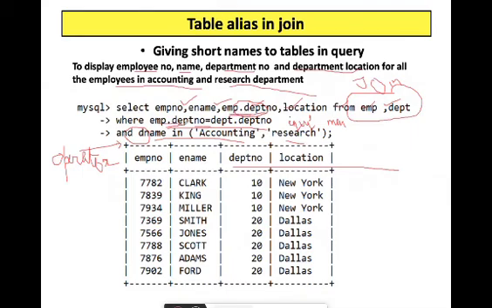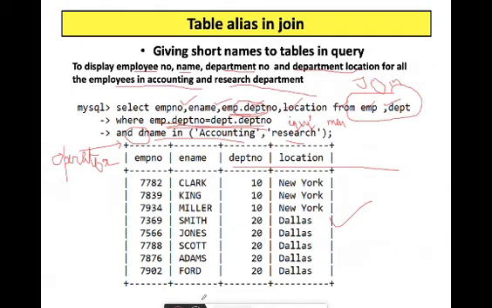You have qualified it in the where condition of the equi-join, but here also you need to qualify, then you will get error-free and proper output. Whenever the common column is appearing in the select clause also, you need to qualify it by writing the table name if the common column has the same name. I hope it is clear.